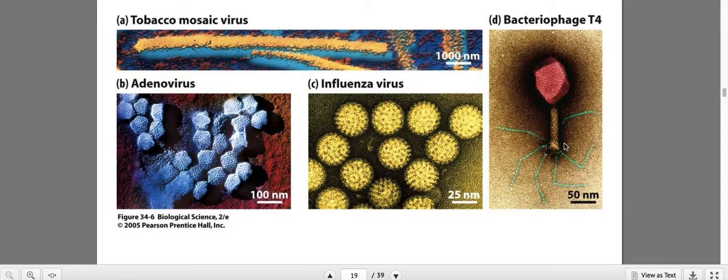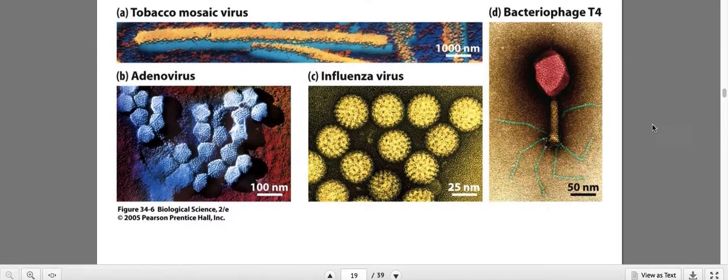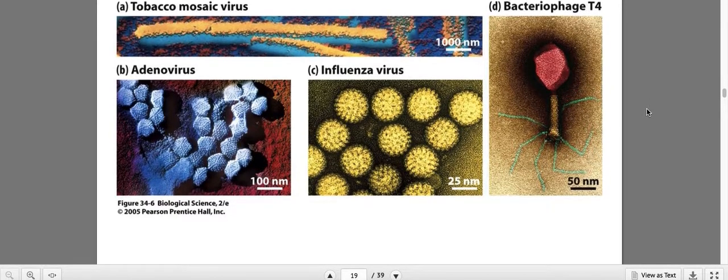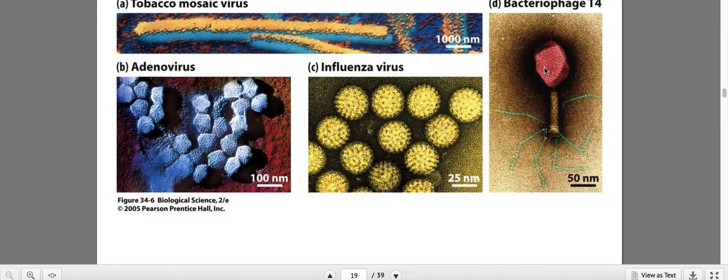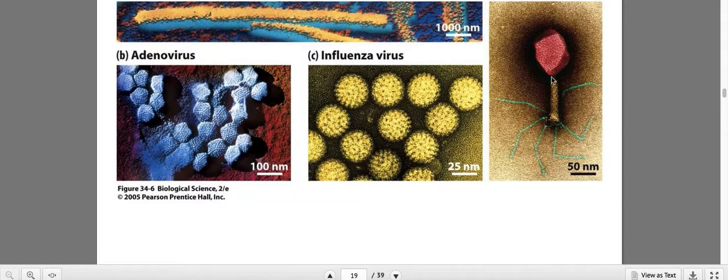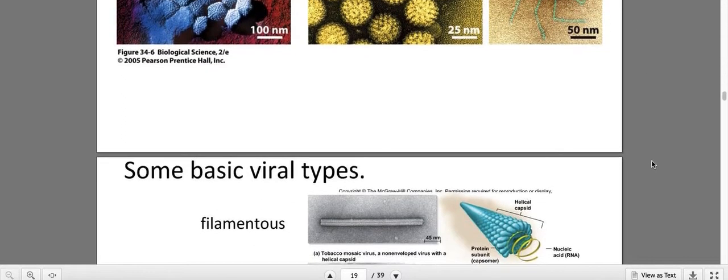And then you have the bacteriophage. These are some of the basic viruses that colonize bacteria. So viruses do not only invade our cells, like human cells, but they also invade bacterial cells as well. So this is the bacteriophage. It looks really cool. Kind of looks like an alien. This is where it houses its genetic information, and then it gets into a cell using these little spider things. This is how it attaches to a cell and then takes its information down into the cell.